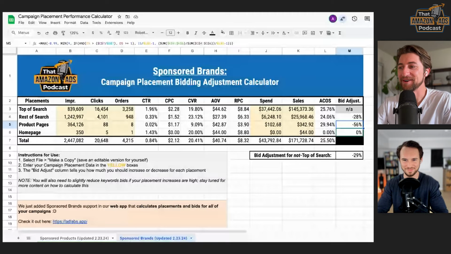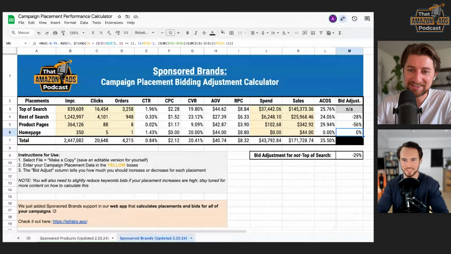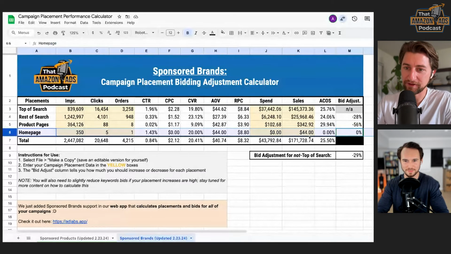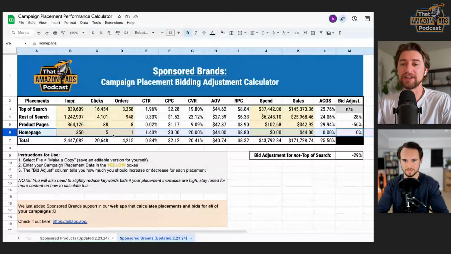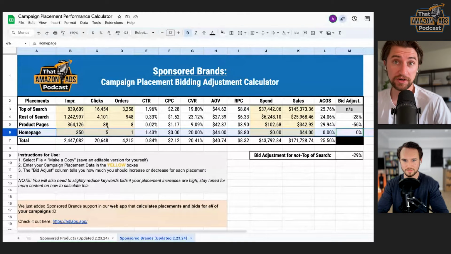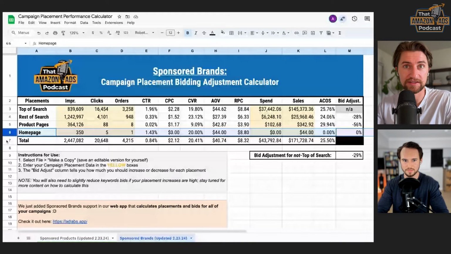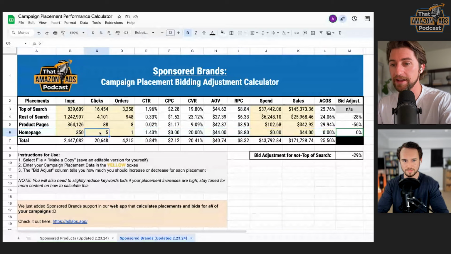Good for sharing out. So on this example, you'll see here that if the homepage had at least one order on 5 clicks. Sure, that's relatively low data, it's only 5 clicks, but we're going to count it because on average for this whole account, we convert on an average of every 5 clicks. So it seems to be relatively confidently high data, I guess.